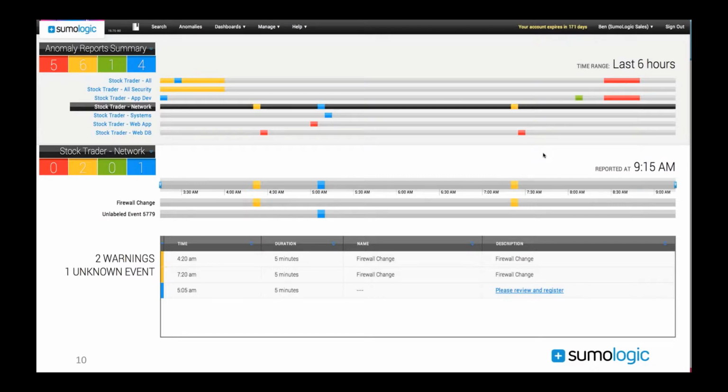Now, when the anomaly detection engine starts in your environment, the first time, it's not going to know about any events. It won't have a database of known events. So every event, every anomaly that it sees is going to be a new anomaly. Now, you can go drill down into those anomalies and you can annotate them. Some might be innocuous, you can suppress them. I don't want to see that ever again.